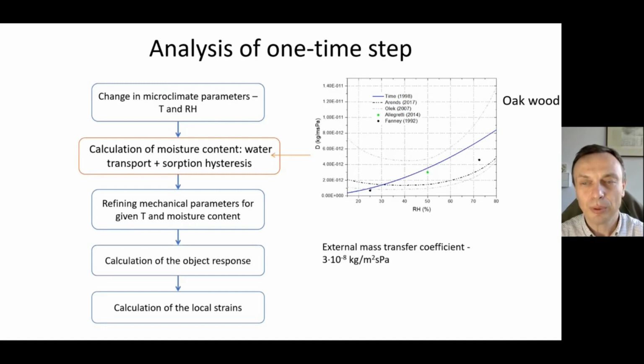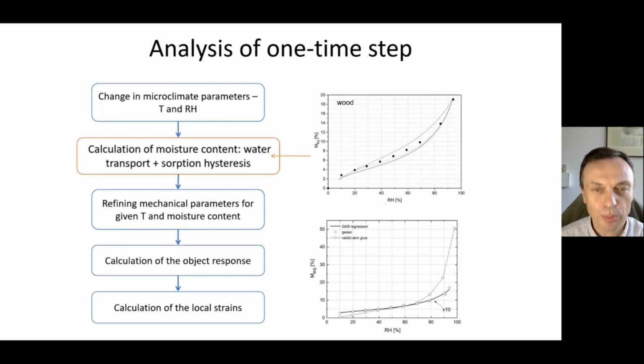We need to have the information about the diffusion coefficients, and for example, we use the diffusion coefficient proposed by Thieme in 1998, which more or less corresponds to other values. We use also information about the external mass coefficient, and then we calculate the moisture sorption using information about the absorption and desorption branches, and we do that both for the wood and for the